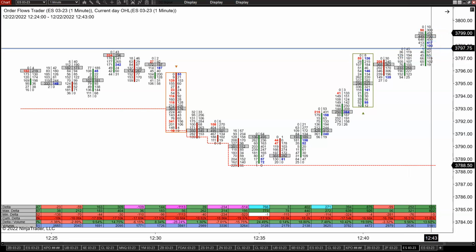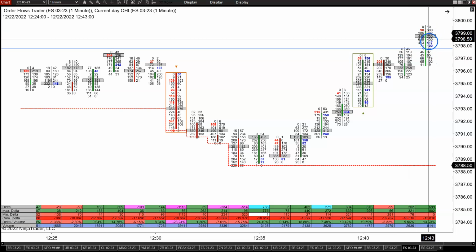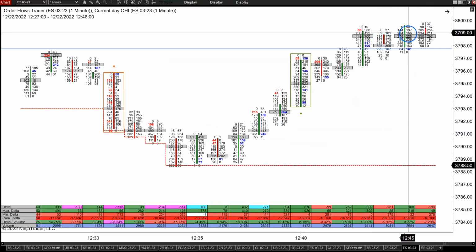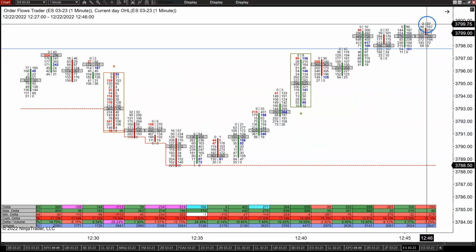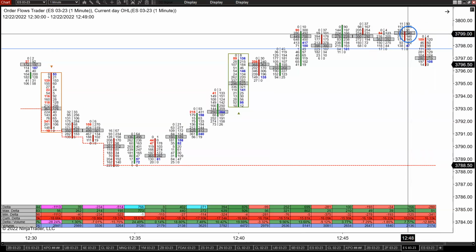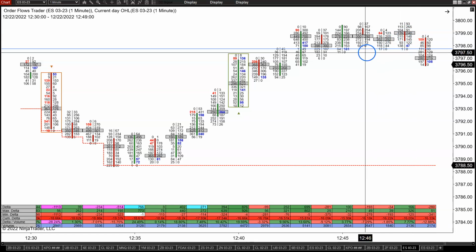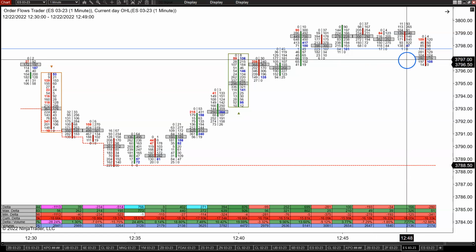Finally, from 7.75 all the way up to 9. Then you go inside. Then again, you're testing that high, go up a little bit, and then it's starting to go sideways. Okay, it's like darn, you're trying to buy this low and it's just going sideways. Pulls back, but it sort of pulls back to this area in here,